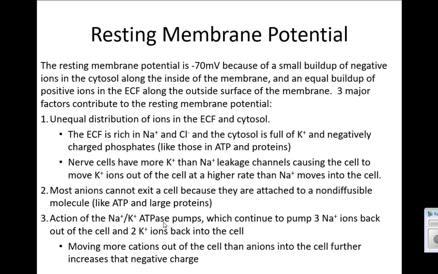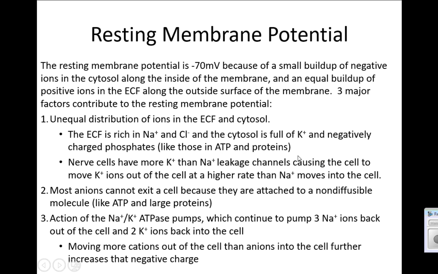The reason that our resting membrane potential is negative 70 is because of that small buildup of negative ions in the cytosol along the inside of the membrane, and equal buildup of positive on the outside. 3 major factors contribute to this. There is an unequal distribution of ions in the ECF and cytosol. The ECF, or extracellular space outside of the cell, is rich with sodium chloride. The inside is full of potassium. Okay. Well, there's also a lot of negatively charged phosphates, like the 3 phosphates that are attached to each ATP,